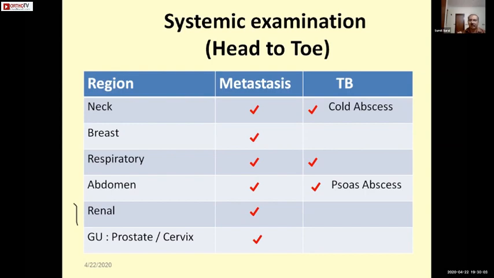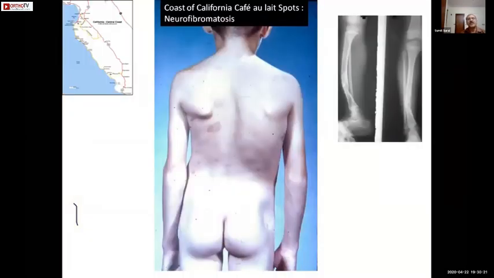Usually we do not do a per vaginal examination, but you can always tell the examiner that we have not done it, so that the examiner knows that it should have been done. And in tuberculosis, of course, looking for sites of cold abscesses, and I'll talk about cold abscesses in the later slides. So, in the general physical examination, a café spot for the postgraduates,